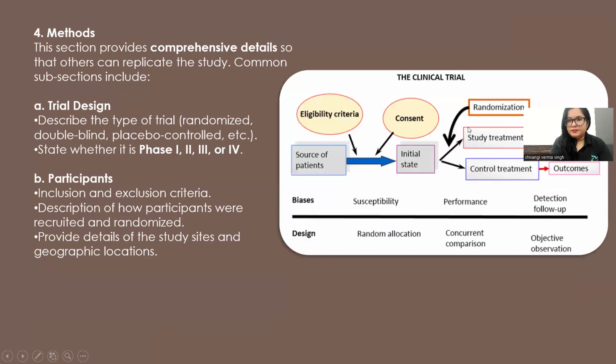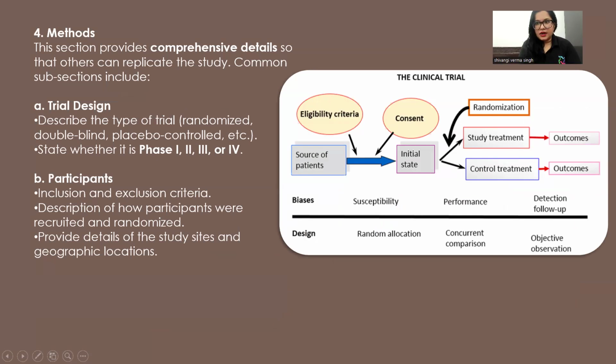Then the methods. So, how was the trial conducted? This section provides comprehensive details so that others can replicate the study. Common subsections include the trial design. So, basically, when you start